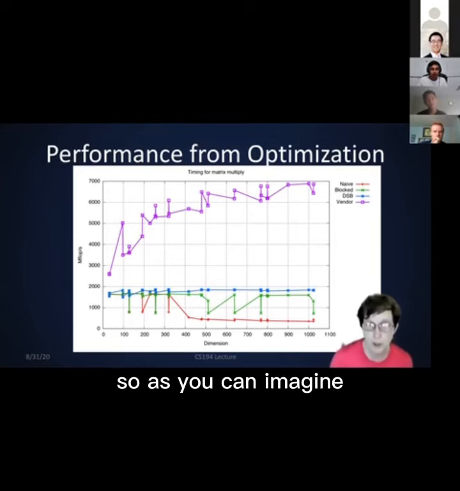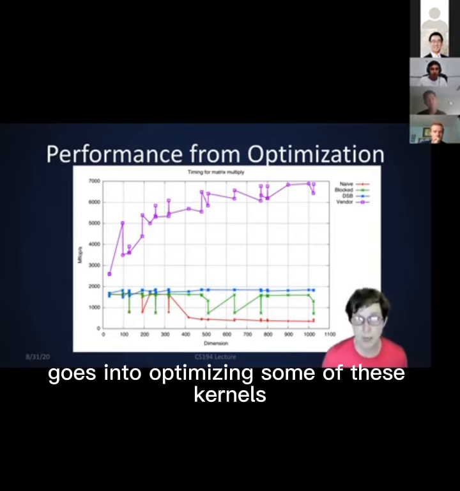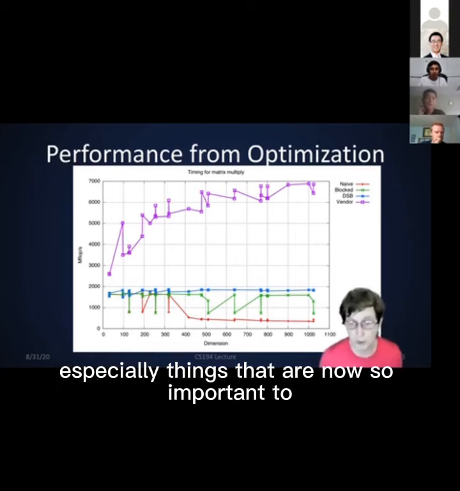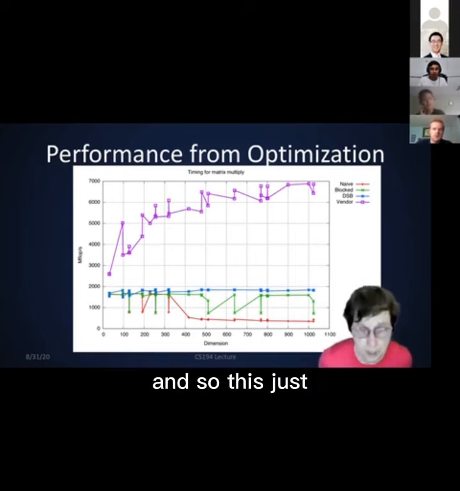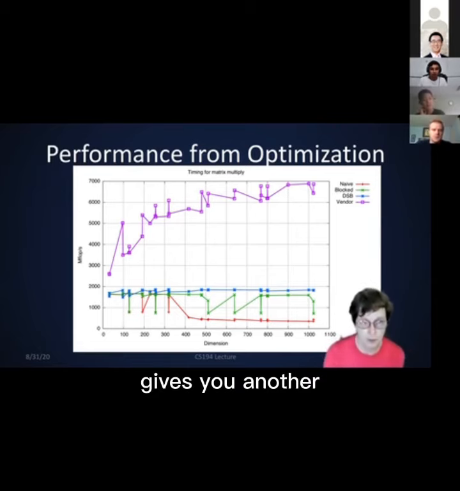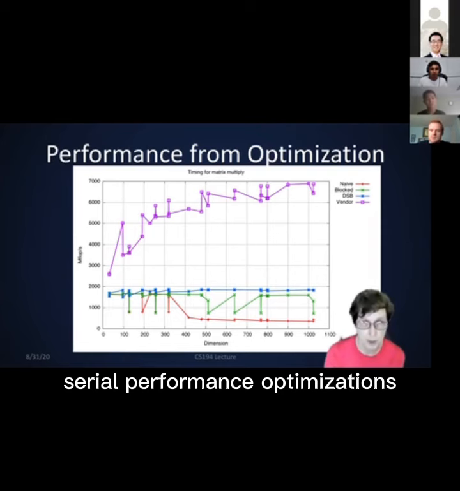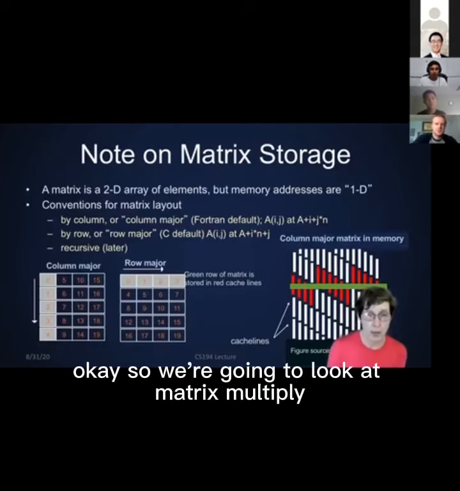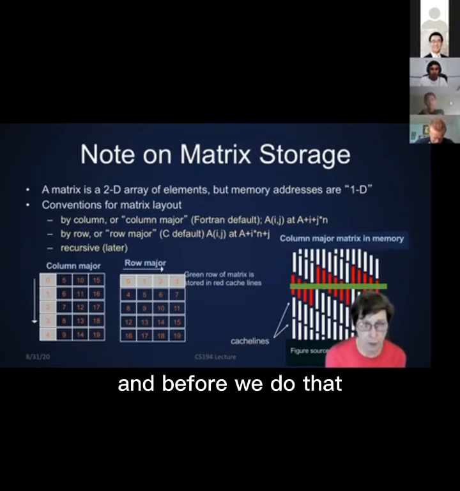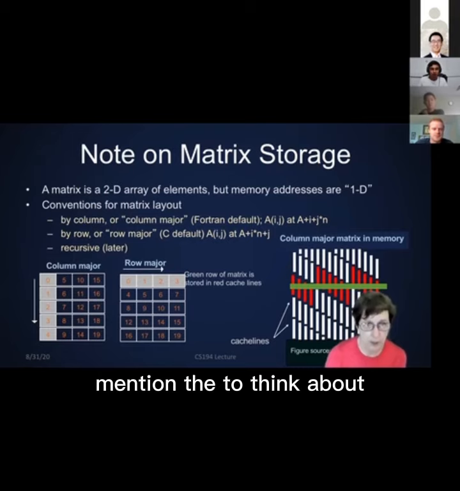So as you can imagine, a lot of time goes into optimizing some of these kernels, especially things that are now so important to machine learning. And so this just gives you another idea of the importance of these kinds of serial performance optimizations. Okay, so we're going to look at matrix multiply, and before we do that, I want to just mention